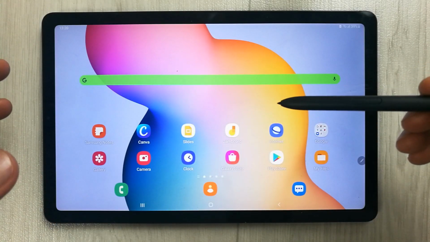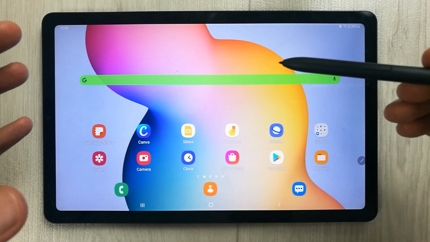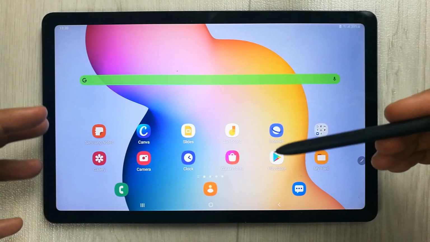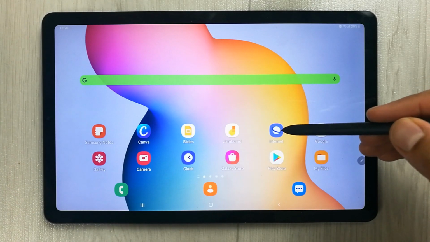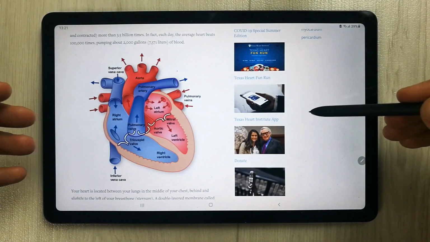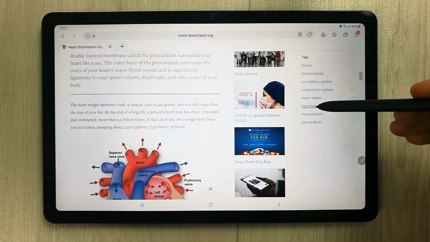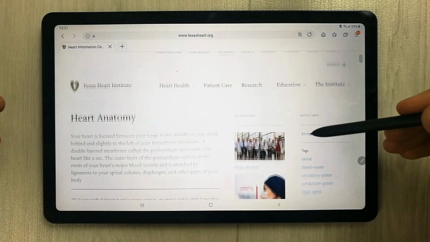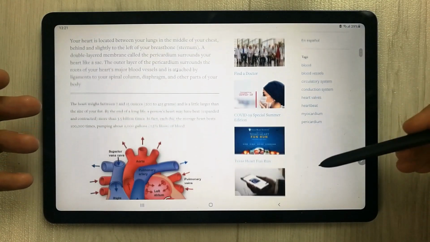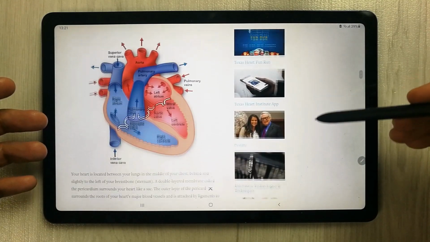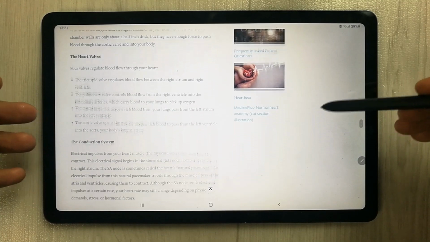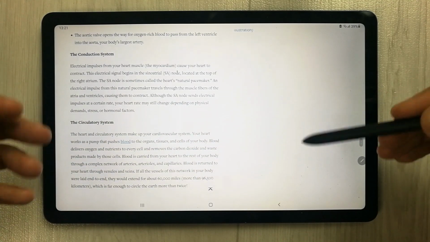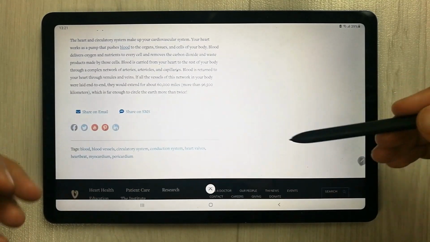In today's video, I will show you how to take a screenshot of a very long and lengthy page. So for example, I open the internet browser, and then you can see over here I open some random website, and you can see it's a long website, it's a long page. So guys, you can see over here, if I scroll down, it's a long page. And now if I want to take the screenshot of this whole page, how can I do it?